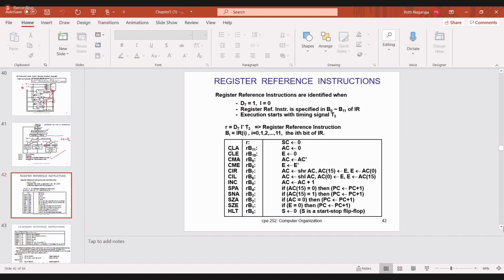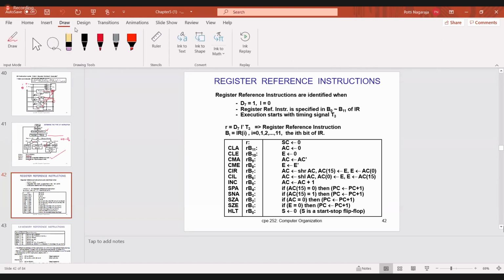First instruction is CLA. What is CLA? Clear accumulator. These are simple. Now, what is the register transfer language present there? Assume that the accumulator contains some value, it may be any value.